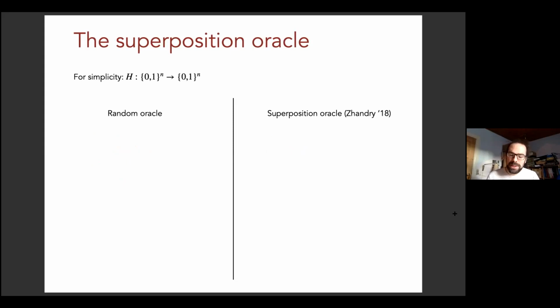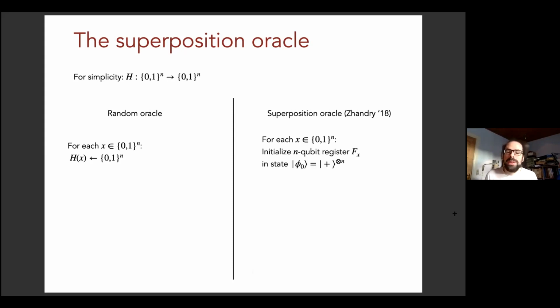It's a technique of simulating a quantum accessible random oracle in a way that has added benefits for security proofs. Let me explain to you a little bit how it works by comparing it to the vanilla quantum accessible random oracle. So for a random oracle, we need a random function. And how is the random function sampled? We can just sample it by sampling a random n-bit string for each input, right? So we sample a random n-bit string h(x) for each input x.